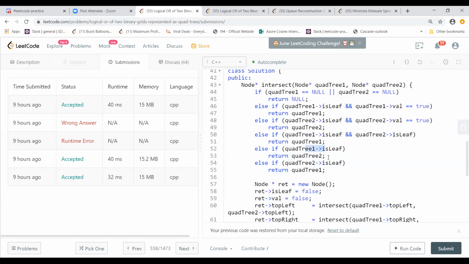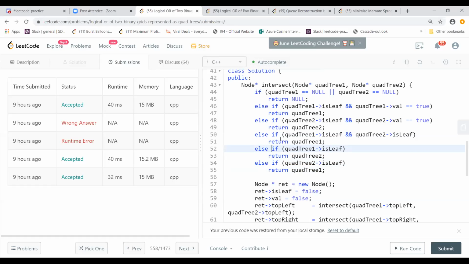Then you return query 2, because I thought whichever tree has a leaf, it means that one is shorter, so you need to return that leaf first, right? That tree first. So this didn't match my understanding as well as this one. So I just left it. Yeah, but it's not easy also. Maybe I didn't understand it properly, something like that.